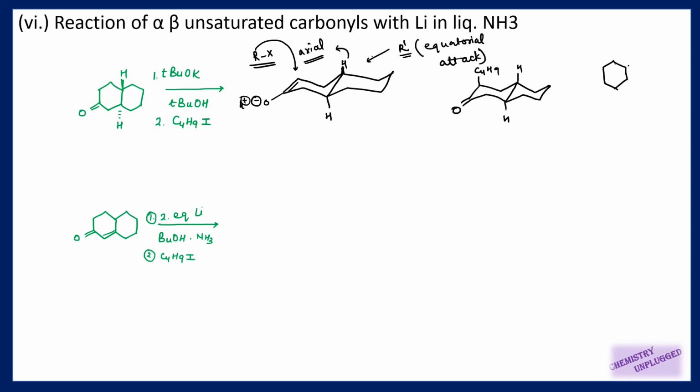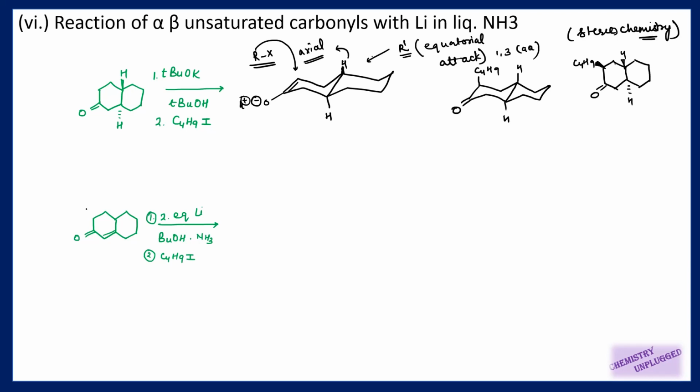And if you write it in planar form or in cyclic form, then at this carbon you have this alkyl group attached here and this is your proton, right? So at the 1,3 position we have axial groups, meaning they will be cis to each other. So this bond will also come above the plane. This point is very important to determine the stereochemistry of alkylation.